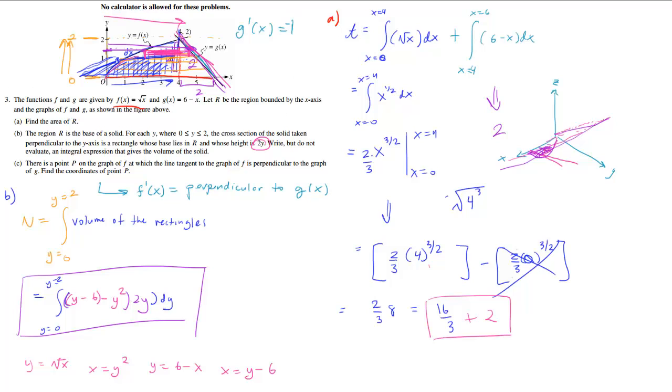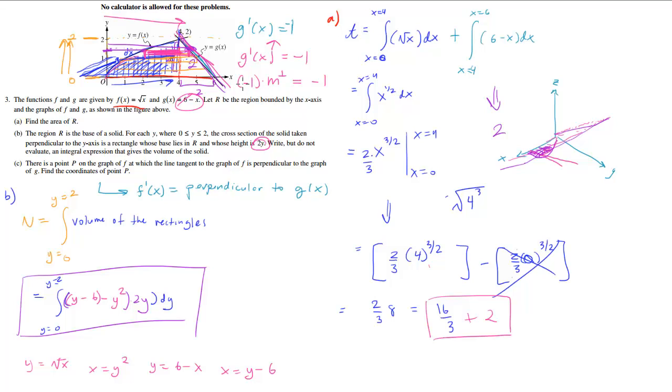And if you need a little more justification, g prime of x equals the derivative of 6 minus x: the 6 goes away, and minus x gives -1. That confirms that this is a line with slope -1. So if you want something perpendicular, the slope of this guy times the slope of the perpendicular, m perp, that's just notation, is going to equal -1. So the product of the slopes is